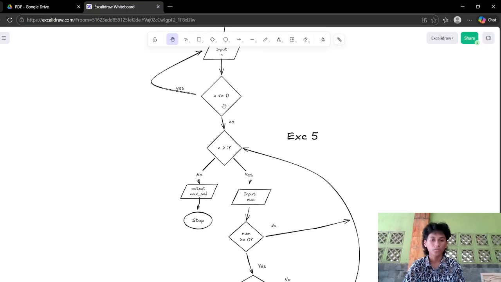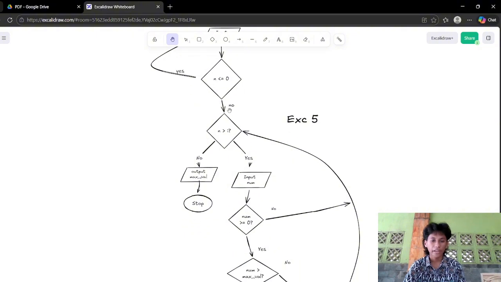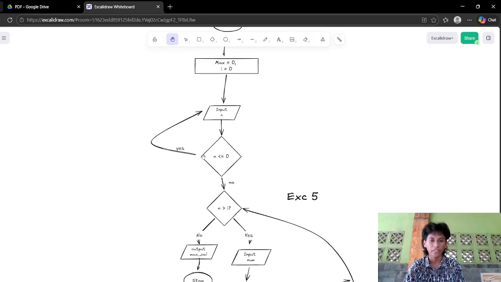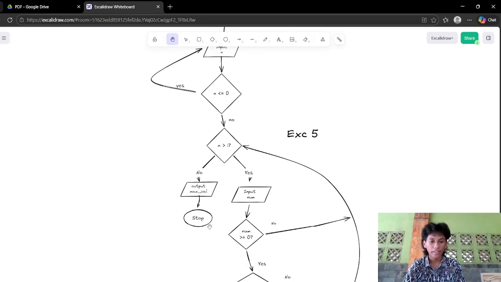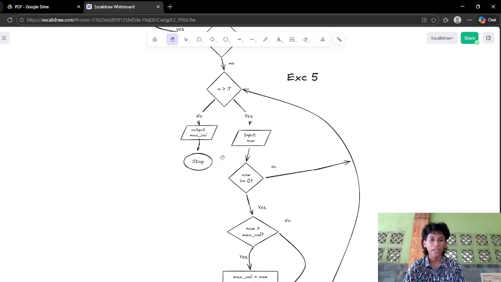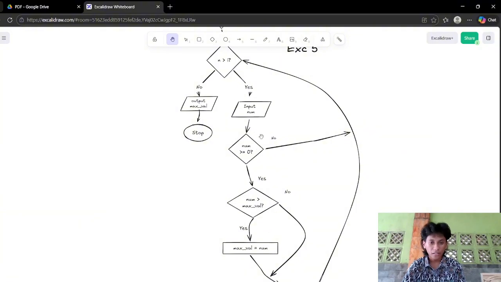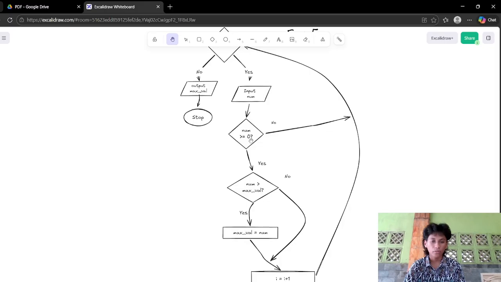If no, if not less, then we check whether n is larger than 1. If no, then the output is the max value, and we stop here. If yes, then we input num, and the flowchart also asks an if statement: if num is larger than or equal to 0.